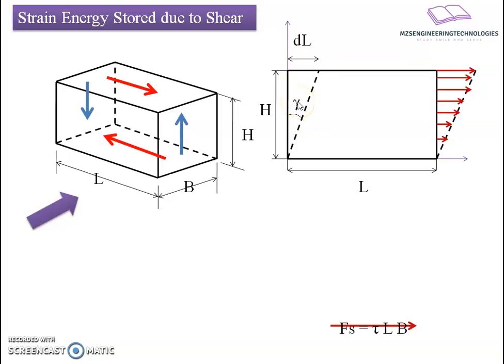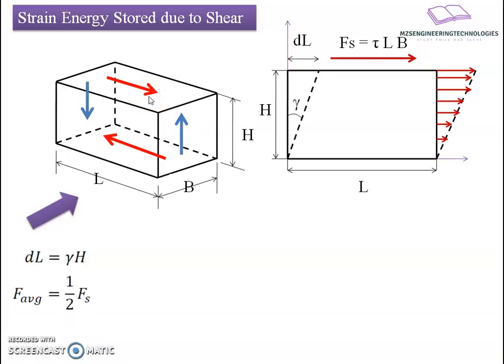Now let us put all this statics into words, into numerical mathematical modeling. Let's say Fs is the shearing force which is going to act along the length of the body. So I will find out the force: Fs equals tau into L into B, because I am going to consider the portion related to the cross section along the face of the body. Stress into area results in a force.